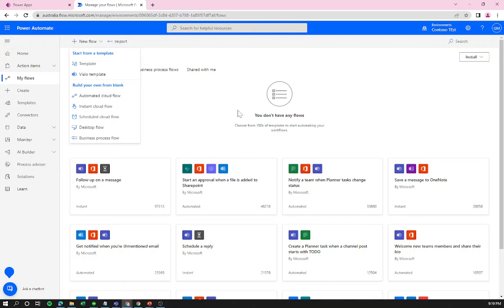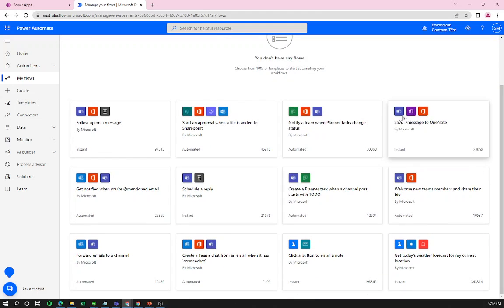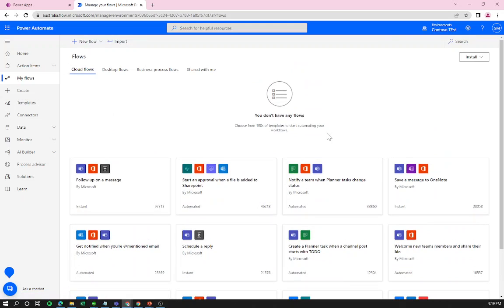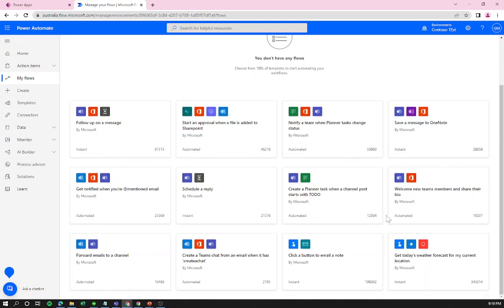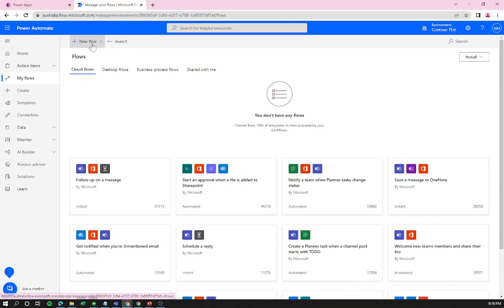Power Automate has the same thing. We can go here and browse around the different options for templates. In the homepage of Power Automate, you have a lot of options to go with: follow up on messages, items related to SharePoint, schedule a reply, related to email. And if I go here to start from template, or if I go to this section here in the left